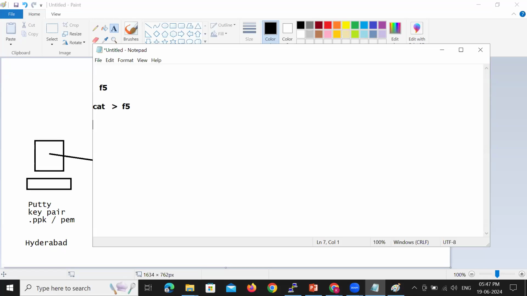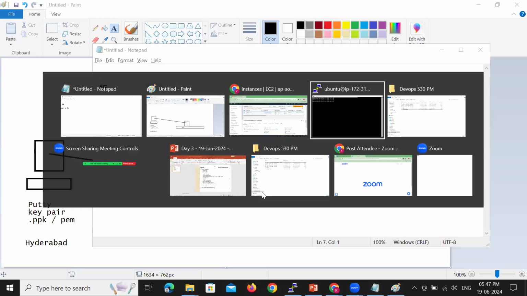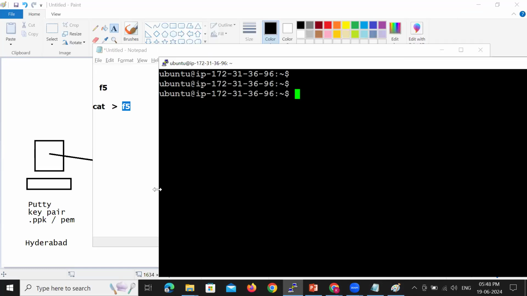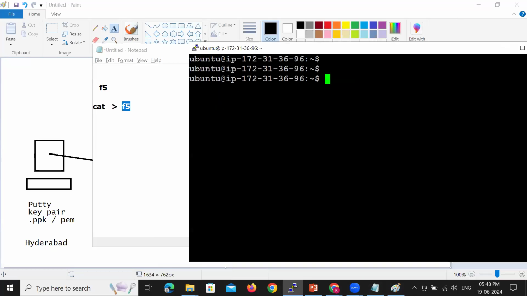So what happens, please observe: the file gets created, and the control will enter into the file. Why are we creating a file? We want to save some data into the file. So you need to write some data and come out of the cat command. Let me experience it. The name of the file is F5. File name can be anything. I'll use the command called cat, use greater than symbol, mention the file which you have created, F5. The file is created, now control is inside the file, so write the contents.